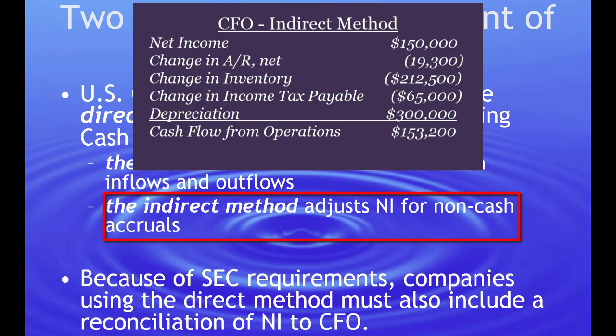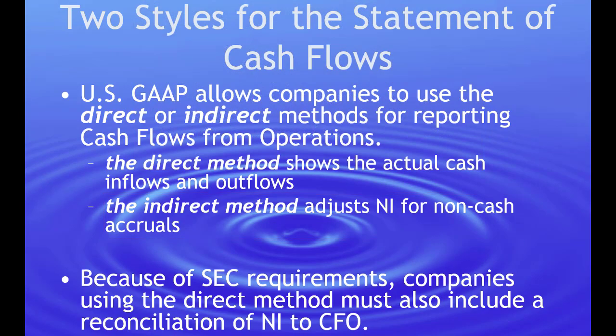And with those changes and adjustments for depreciation, etc., getting out those non-cash items, we turn our net income number through the adjustments into cash flow from operations. According to GAAP, you can do either one. And FASB recommends direct. They consider that the best information for our investors if we just give them the actual cash flows. Also kind of makes the most sense because it fits with how we do our investing and financing